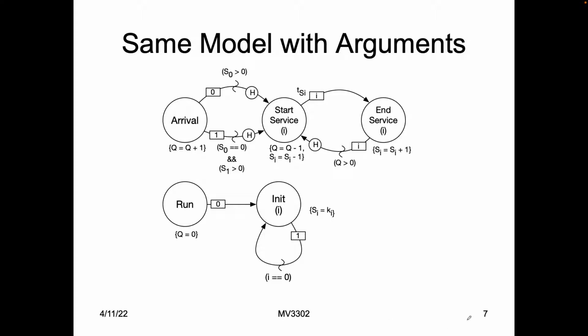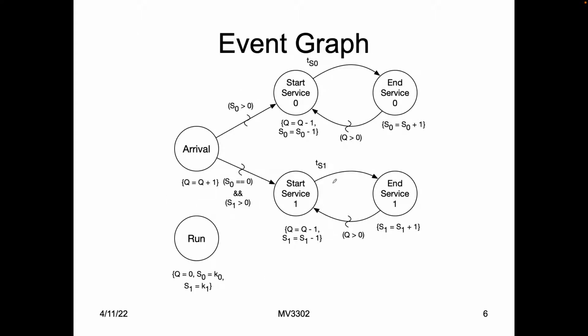Okay, now you can do the same thing with arguments. I'll circle back to this, and if I don't get to it today, we'll talk about it tomorrow. So, the fact that we have S0, S1, K0, K1, etc., suggests that we could do this using arrays, and indeed we can. The guy who invented these event graphs, Lee Shruma was his name, one of the things he was concerned about was